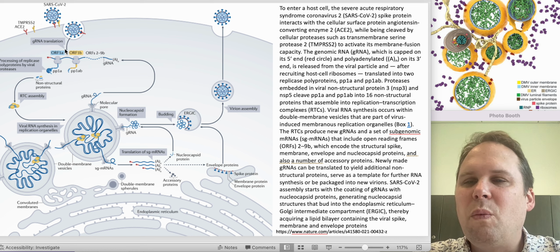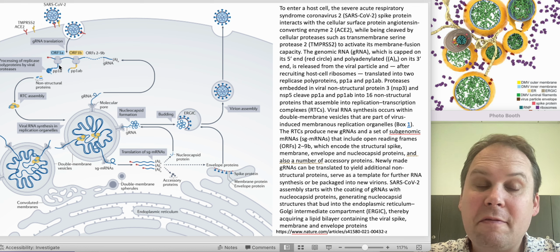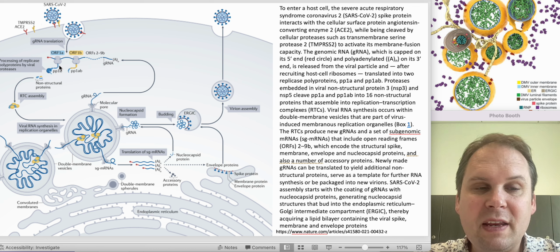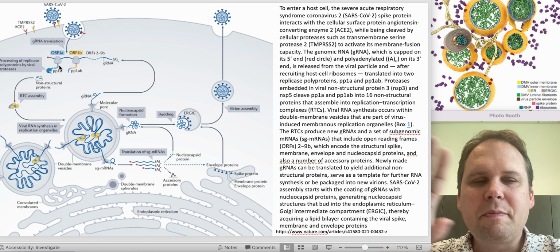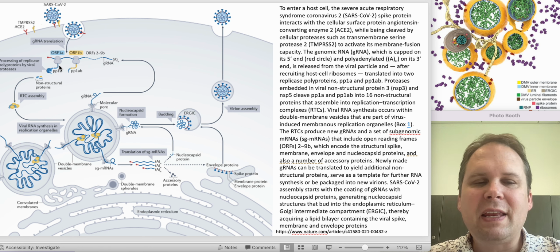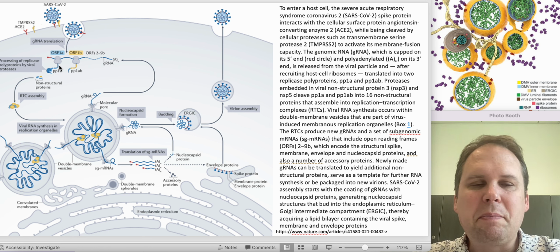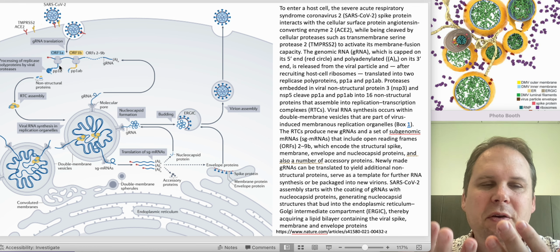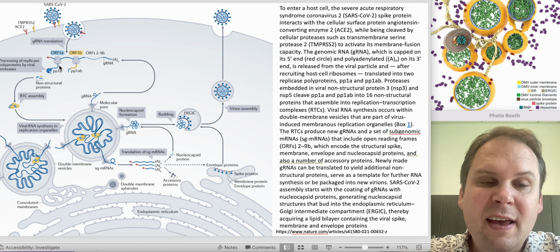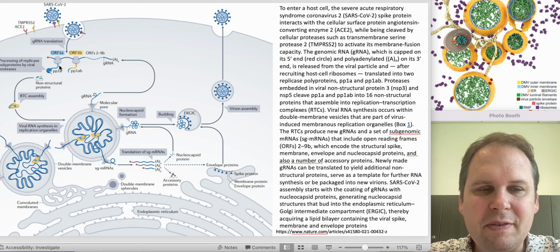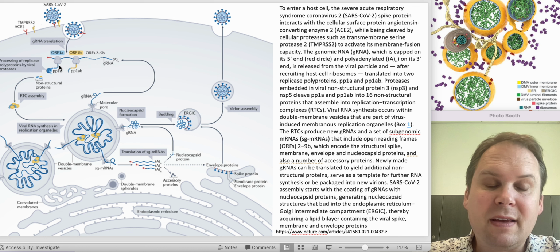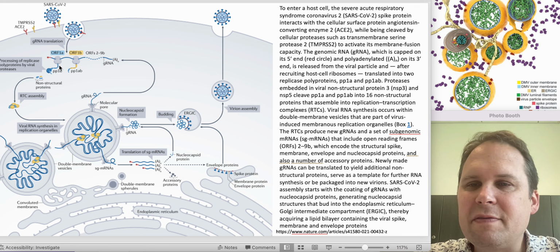Okay. Once the virus genome is in the cytoplasm, it will then find its way to a ribosome. We don't know if there's any special way that it does that, but there are sequences in the 5' untranslated region that seem to enhance translation. Like if you put a regular gene with the beginning of a coronavirus, you will make more of that. So it's probably doing something like an IRES. That's an internal ribosome entry site, IRES. But it hasn't been fully worked out as far as I understand.